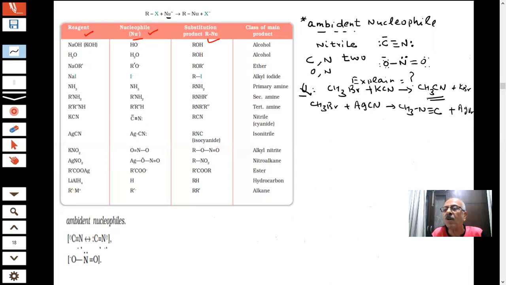So how do we explain what is the answer of this in the paper, students? This question is important. Nitrile. This is called isonitrile. The most important question in these nucleophiles. How do we answer this question? You have 1 minute. After that, I will go. Okay, sir. What answer I will give to this?